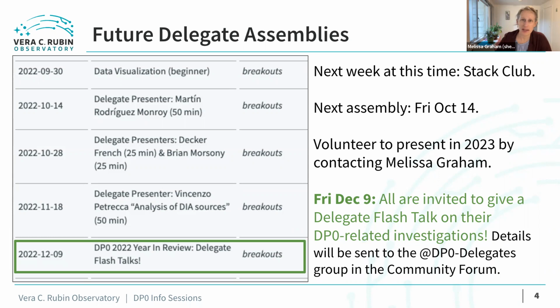We're now moving into the delegate presentations part of DP0.2. We're ending the formal tutorials that the community engagement team does, and now we're inviting people to come and give presentations. If you want to volunteer to present in early 2023, just reach out and let us know, and we'll set it up for you. You can present on your DP0-related work. If you don't want to do a full 10 to 50 minute presentation, but you want to give a little flash talk on something you've tried with DP0, a plot you've made, or just your science interests, whatever,